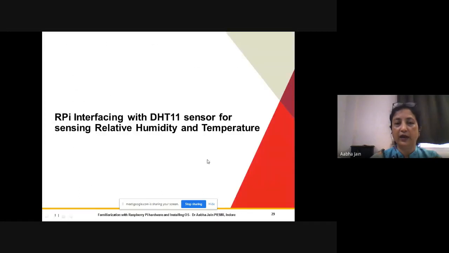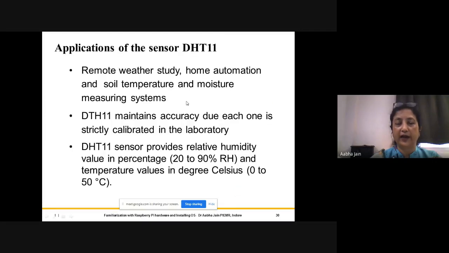Interfacing the DHT11 sensor. The DHT11 is a temperature and humidity sensor. It can be used for weather study, home automation, soil temperature, moisture measuring, etc. It maintains accuracy because each sensor is strictly calibrated in the laboratory. The range of this sensor for humidity is 20 to 90%, and for temperature in degrees Celsius, 0 to